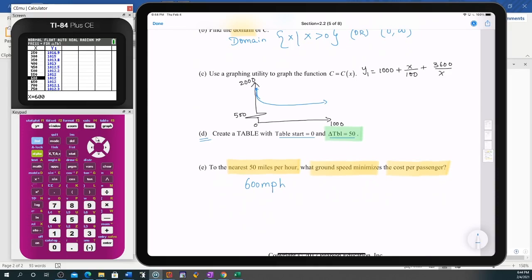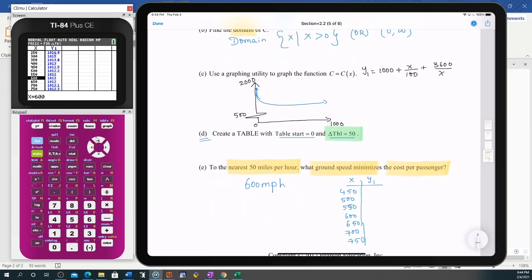Now, I would also like you to put the table and write your x and your y values. You can call it y1 if you want. It's fine. And just put some values in there. You don't have to write everything. You can start at 250 or start at 500. So you can show me that you are able to see this in your calculator. Say, I would just do 450, then I would go 500, 550, 600, 650, 700, 750, and then write the y values that you see there,